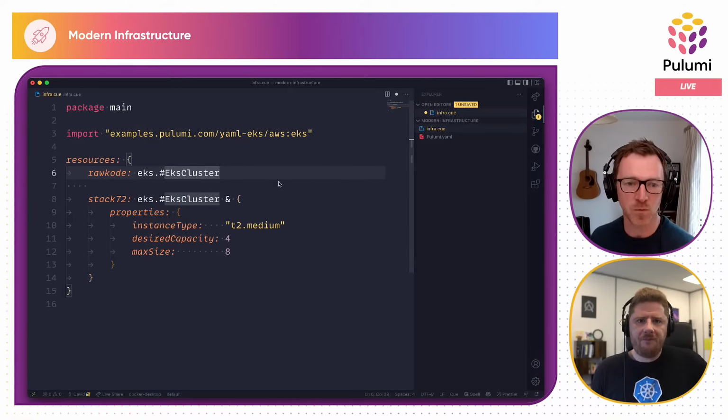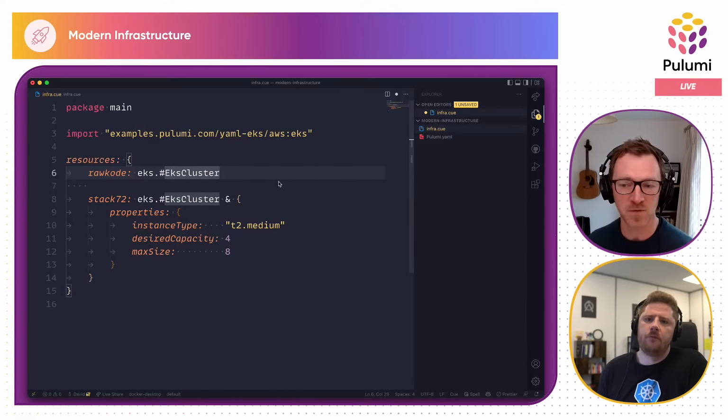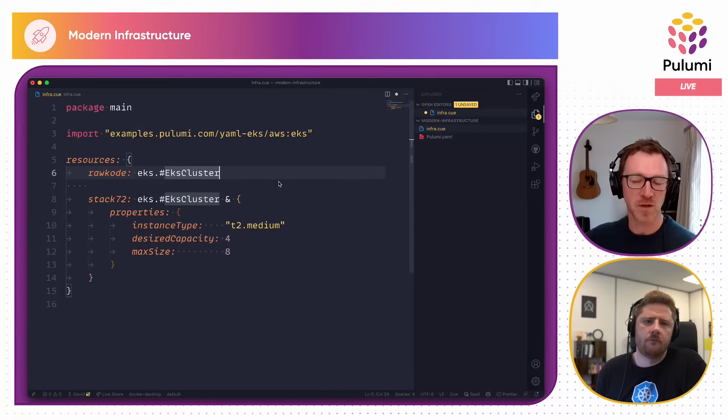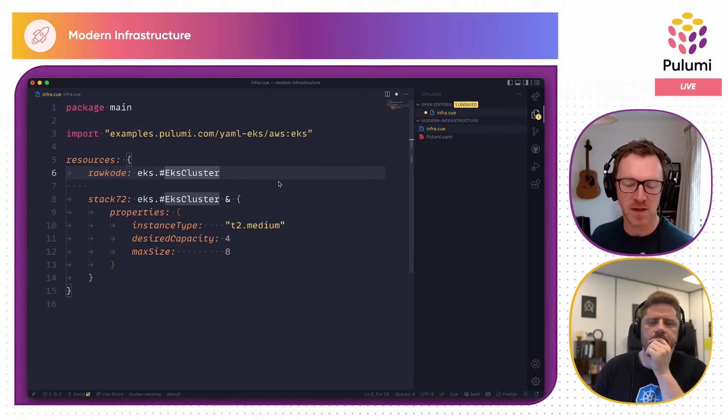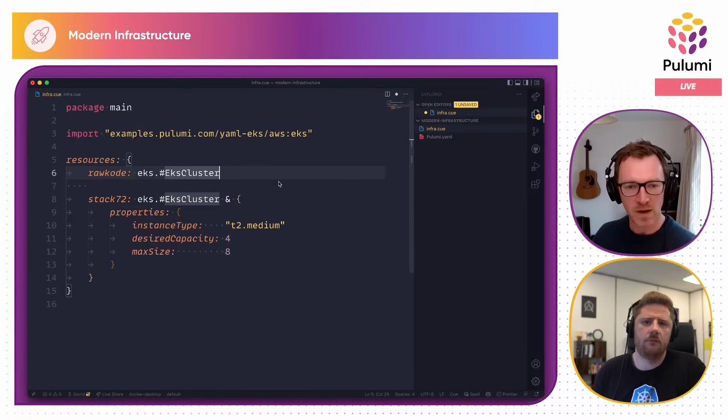And what you're looking to do with rawkode and stack 72 there is saying, for these resources, I'm trying to constrain or enforce that they follow some sort of structure. And that's the schema part of Q coming in. So the definition side here, the use of EKS cluster, constrains the rawkode field to actually be of a certain structure. And as you're seeing for the use of stack 72 there, you're saying, well, it's an EKS cluster, and I'm going to give you some more information about that specific cluster.